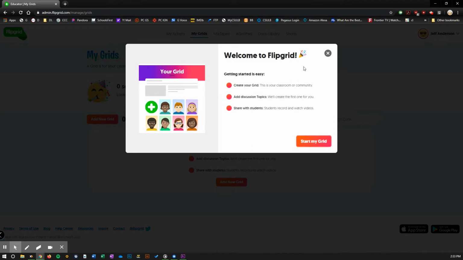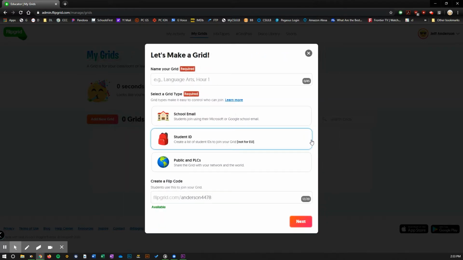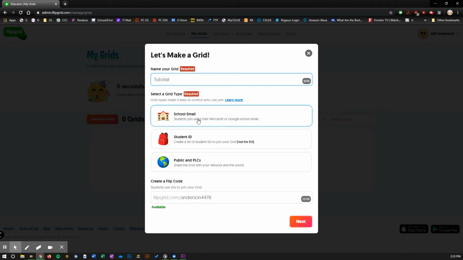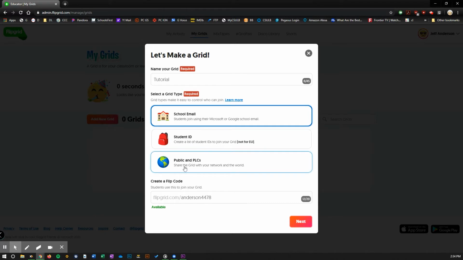So this is the introduction screen. It gives you a little info about what we're doing. We're just going to jump right in. You have three options on who is allowed to post to your grid, and so we're going to start a simple tutorial grid, and we're going to say anyone with a school email is allowed to join, or you can narrow it down to people with the exact student ID of your classroom, or anyone can join with a public link. And here is the flip we're going to create, but we're going to leave it as school email and